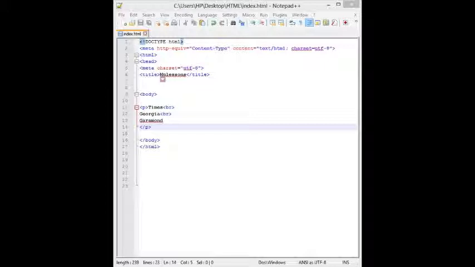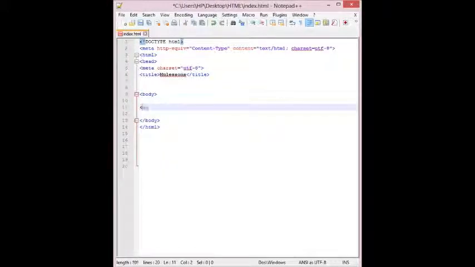Fortunately, HTML provides two generic elements that can be customized to describe our content perfectly. And these two elements are div and span. These are the two elements which I am talking about.